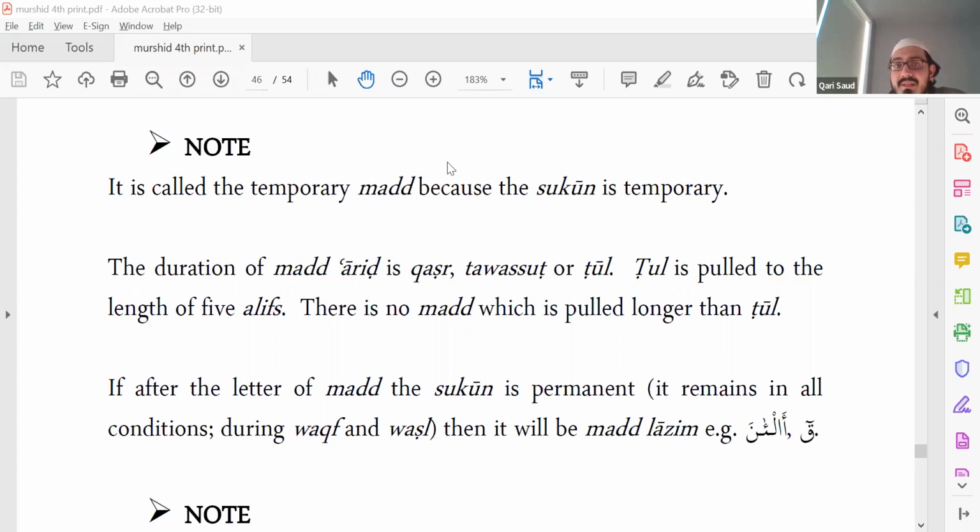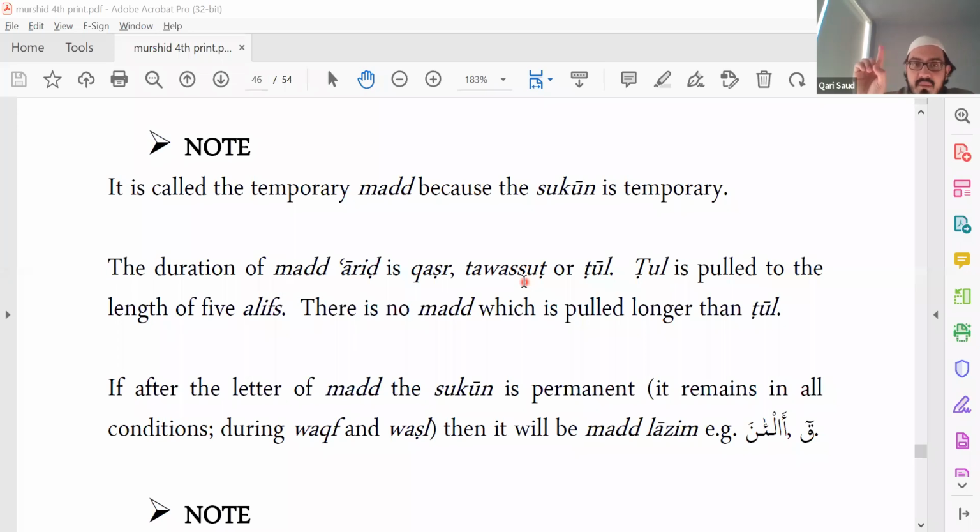But since it's called mad tabi'i, it's a natural mad. You don't have to count this one. You don't have to open your finger every time and say Maliki, Ar-Rahmani. It's natural, so that's fine. But tawassut is 3 or 4 fingers. We're going to stick to 3. So bima unzila, right? You're going to say bima unzila, but you're not going to start at the ma, you're going to start once you start the mad.